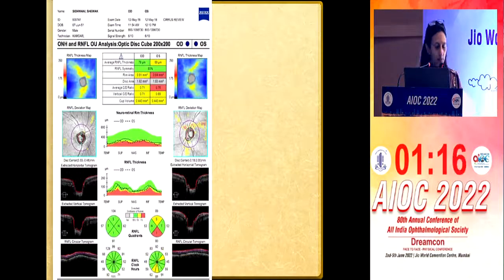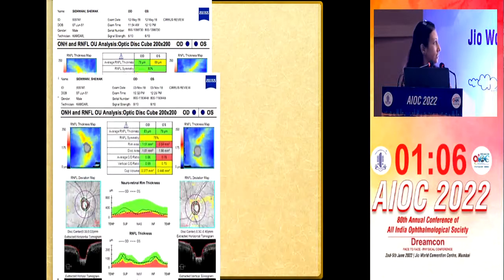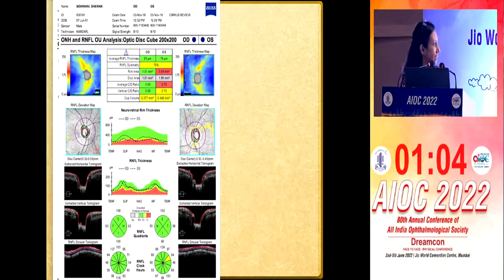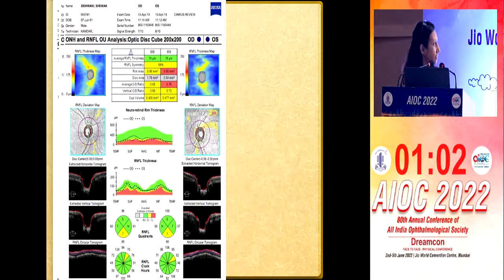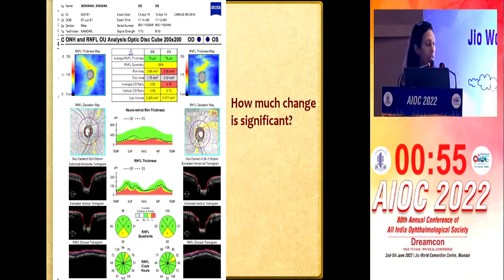So now this is one gentleman who has ocular hypertension, pressures remained around 28, 29. If you see the inferior clock hour, it is 111 in this visit. After 6 months, it is 119, and after another 6 months is 103. So the question is, if you do not have too many, you just have 2-3 scans, how much change is